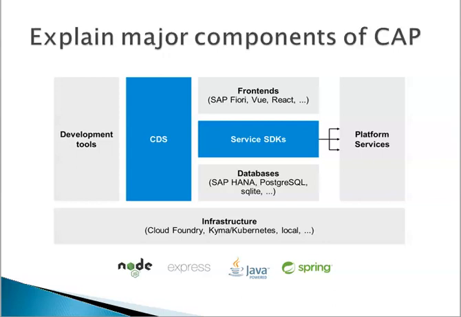Service SDKs. SAP Cloud Application Programming Model has libraries available for both Java and Node.js, which you can use to provide and consume services through synchronized and asynchronous APIs. The SDKs include out of the box integration to lower level platform services such as authentication and credential flows, or on and off boarding of SaaS tenants.